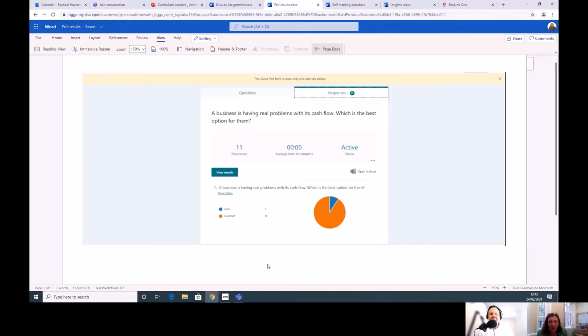And there's an example of the summary. We use Microsoft Forms for this, and if you create a poll actually in the chat box, you've got the responses that you can have a look at later. And I can see here that of the 11 students that answered this poll, one of them perhaps hadn't understood it properly, and that would have been addressed in the lesson. But it's also useful for when we're planning for revision to come back and have a look at the results of those, and it helps with planning